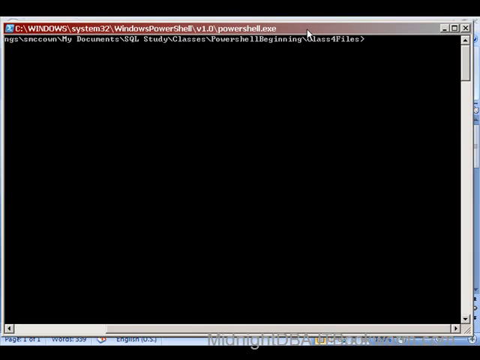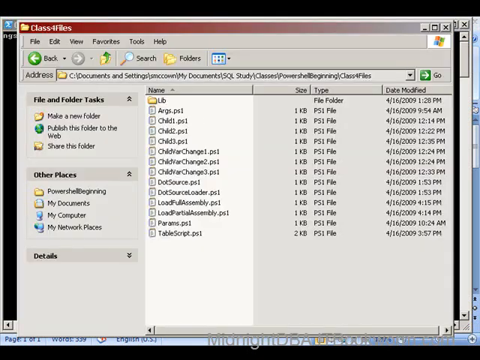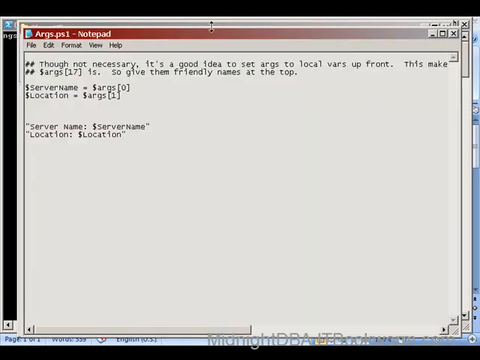What I want to start off with, my first demo, is going to be on passing parameters to scripts, because again, very few of my scripts work very well without passing some kind of parameter to them to modularize them and make them really useful, right? So there are 2 ways to pass parameters. The first one is by using arguments. And if we open up this file here,